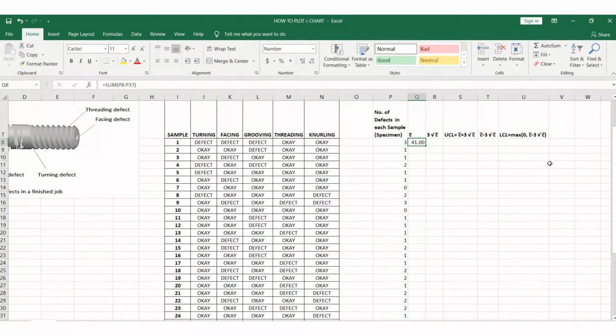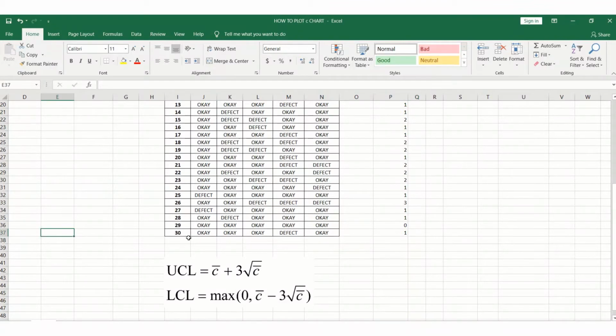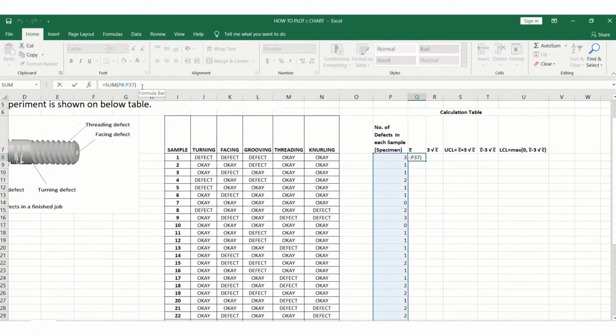So this will count the total number of defects. Now this is the sum of it, but I am interested in finding the average. So divide by the total number of specimens that have been inspected, 30. So this gives the value